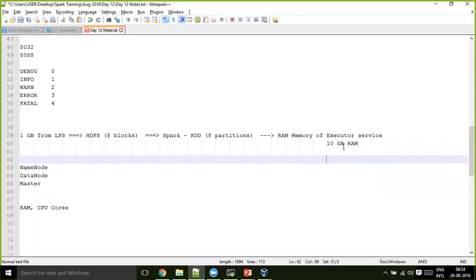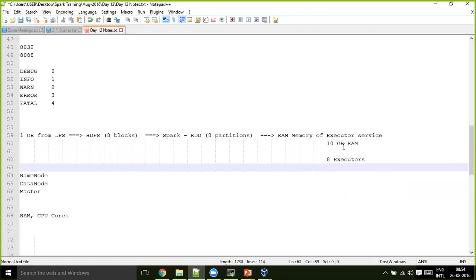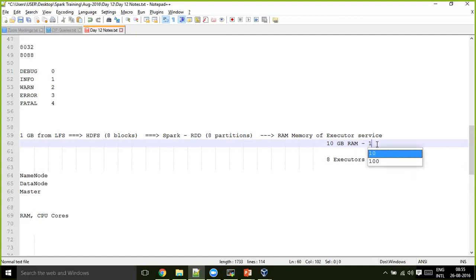And that way, you assume on 8 different data nodes, you have 8 executors. Same like your data node services, you will have your executor JVMs also running. Now, when you load this RDD into Spark from this HDFS file, it identifies that the file has 8 blocks, so it will maintain 8 partitions, and it loads those 8 partitions into the RAM memory of the executor services. Let's say out of this 8 GB, it will allocate that 128 MB just for this one partition of this RDD.